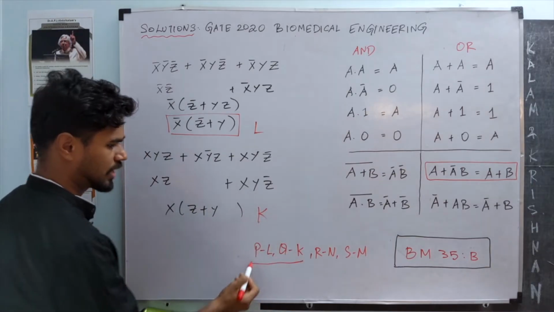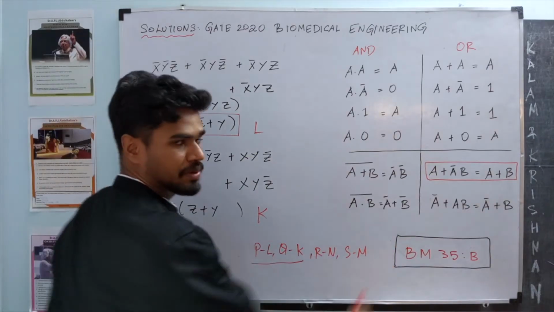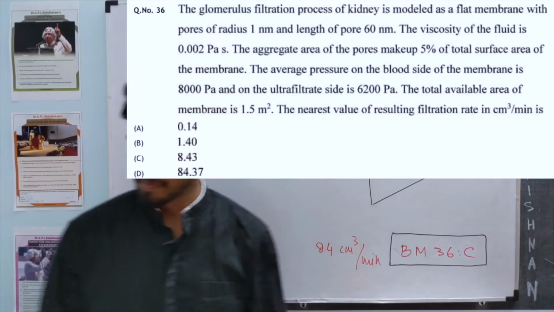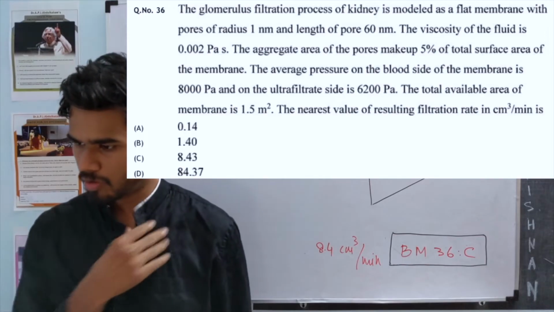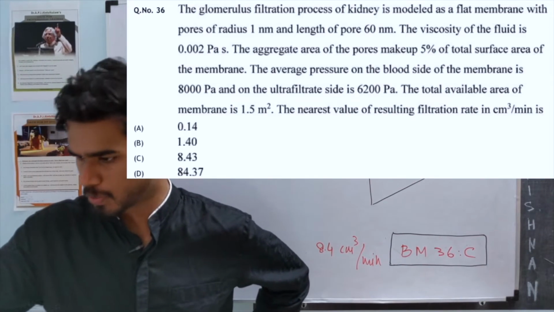So PL and QK, with this I think we can pick the right answer, which is option B. 36th question. The glomerular filtration process of kidney is modeled as a flat membrane with pores of radius 1 nanometer